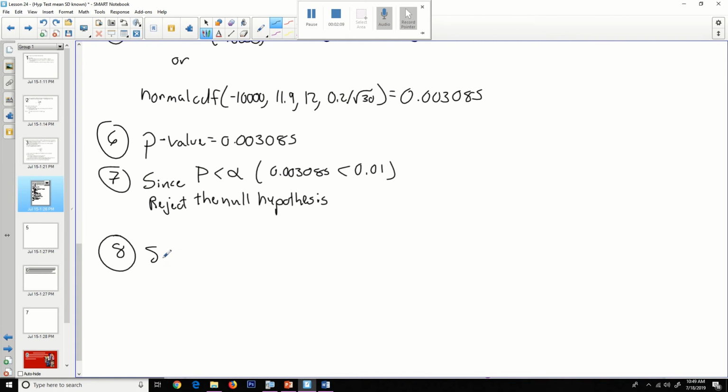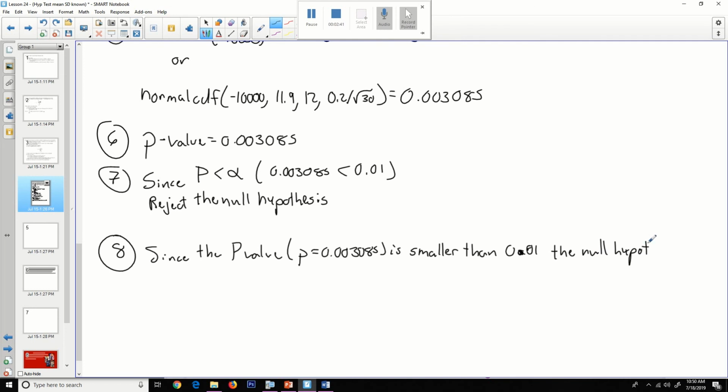And so since the p-value, p equal to 0.003085, is smaller than 0.01, the null hypothesis must be rejected,